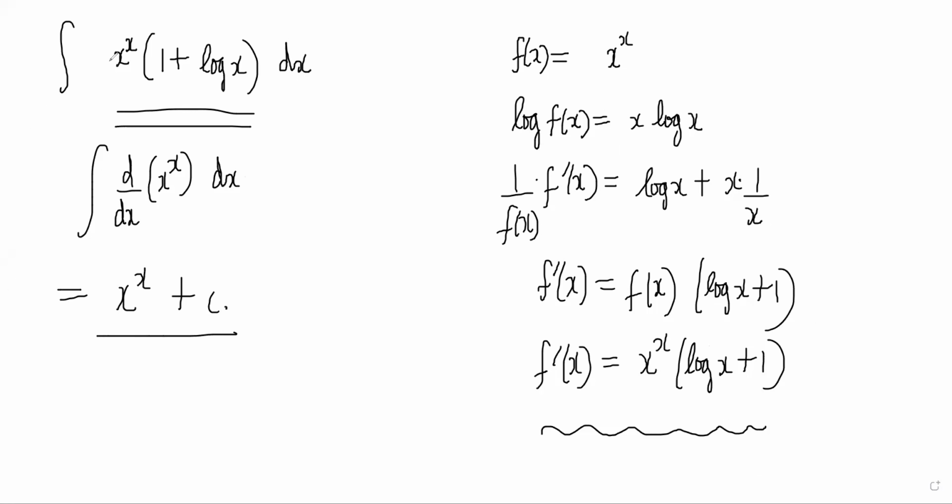Basically, the idea is the function itself is so weird that you should check the derivative once. x^x is not a normal function, so normal techniques will not work. You have to think of whether you know the derivative of that or not. So that is that. Then the other integral is